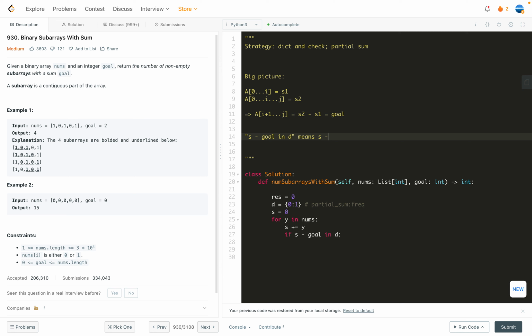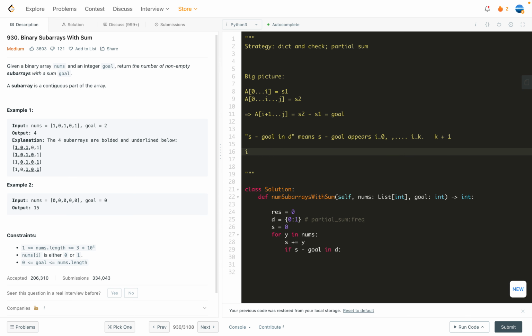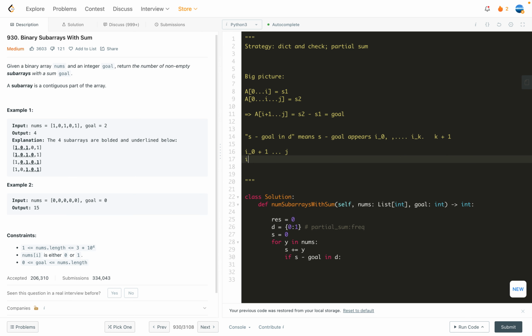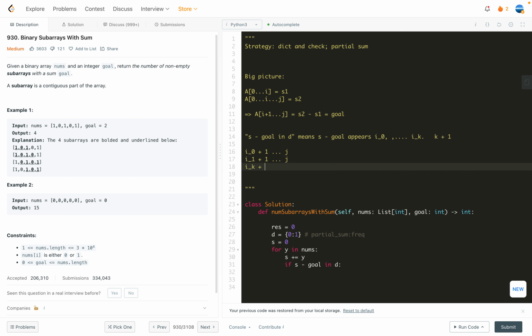this partial sum appears. So let's say it appears at some indices i0 up to ik, so i0, i1, or ik, something like this. It means the frequency is k plus 1 times. It means that from i0 plus 1 up to j, and from i1 plus 1 up to j, and from ik plus 1 up to j, all those subarrays will correspond to a sum